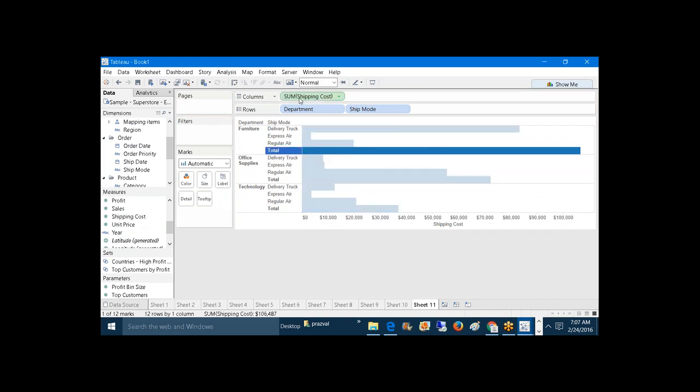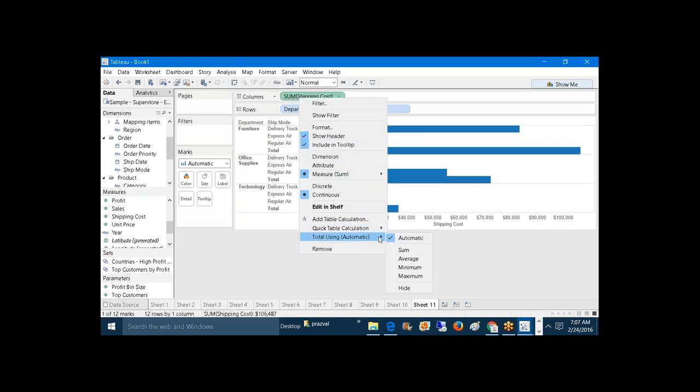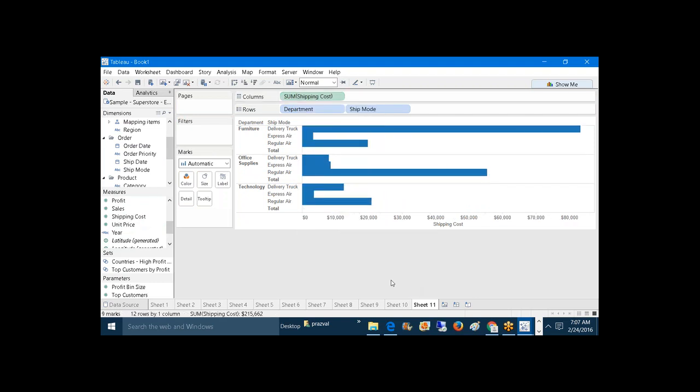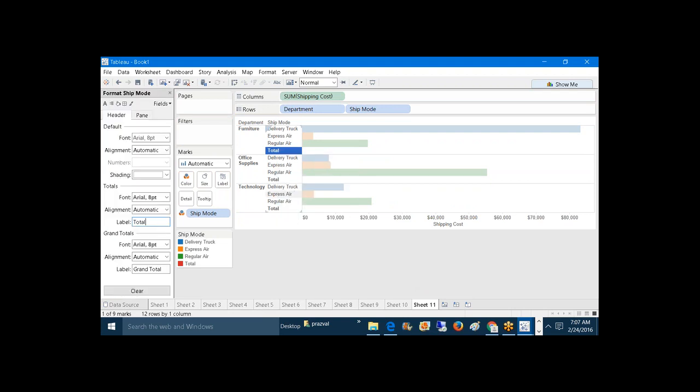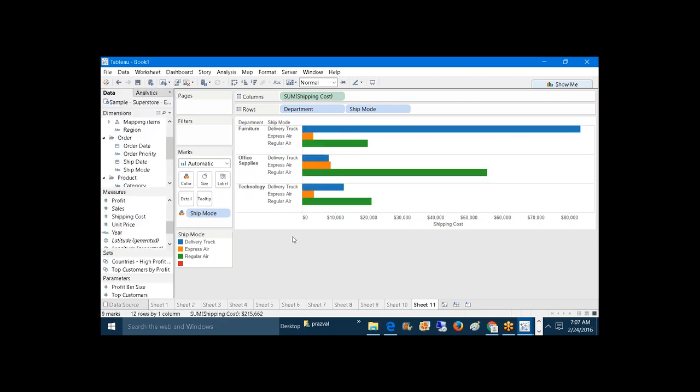How to hide these totals? Total, just click on hide. After hiding it, just drag the ship mode and drop it into color. Next, just hide this label. Right click, go to format. Just delete it. Just close it. Next, after that, just hide this inner